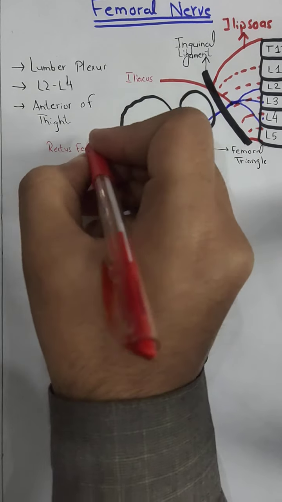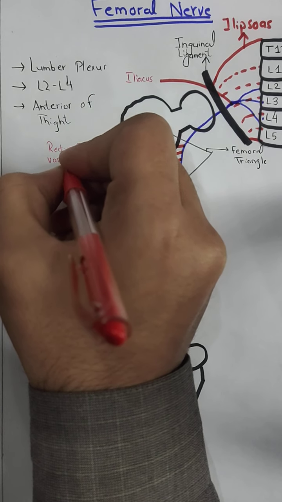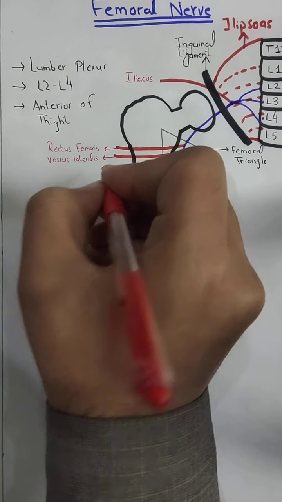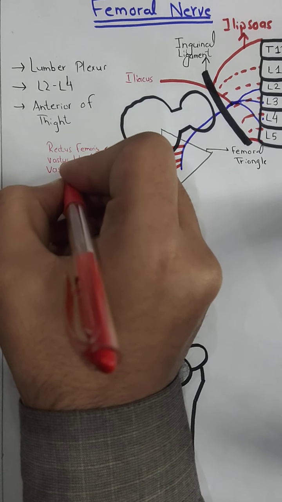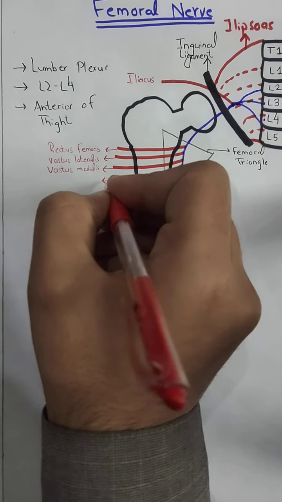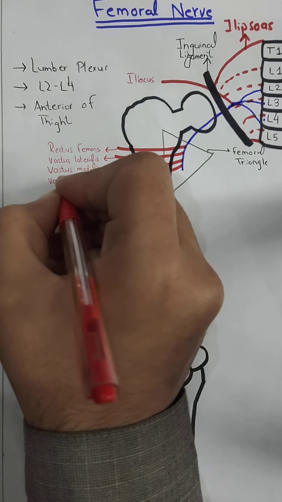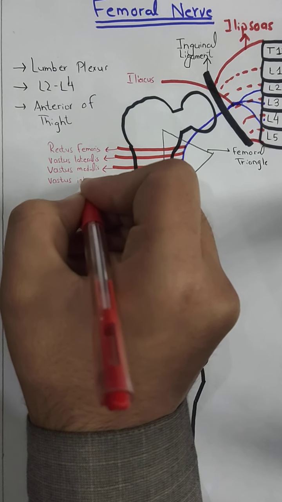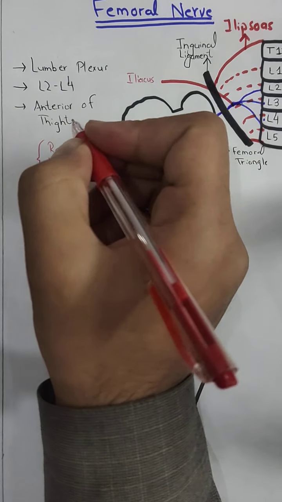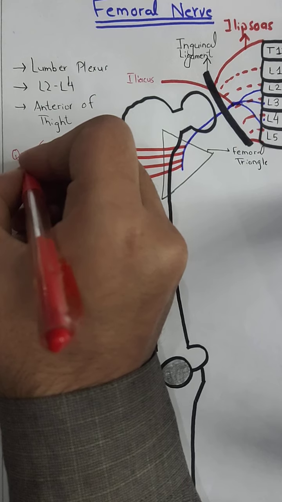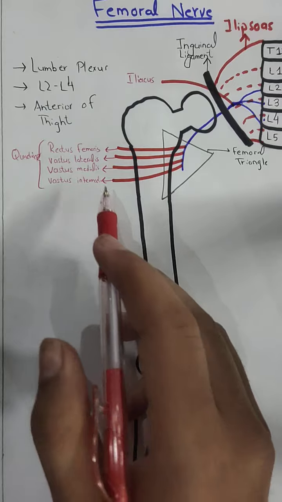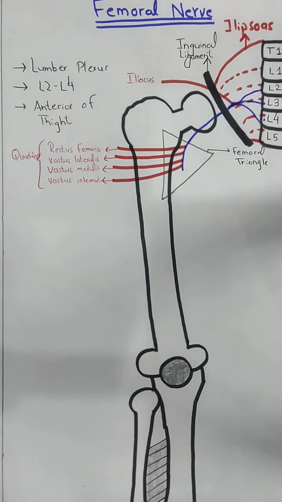Then it will give innervation to the vastus lateralis muscle, the vastus medialis muscle, and the vastus intermedius muscle. These four muscles are collectively called the quadriceps muscles. So it will give the muscular innervation to these four quadriceps muscles, the iliacus muscle, and also